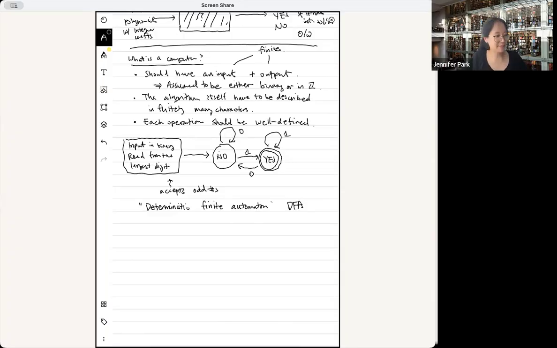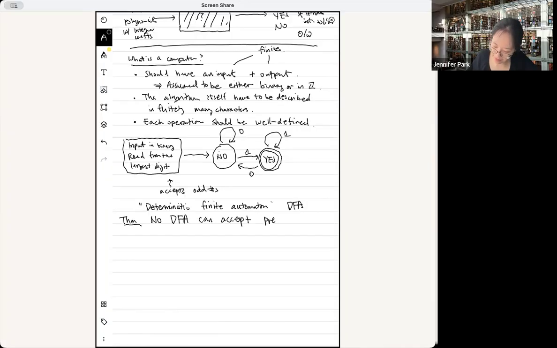This actually has a pretty serious limitation. What is the limitation? The problem that I'm going to state as a theorem is this: there does not exist a DFA. There are lots and lots of different DFAs, as you can see. I can just add a bunch of nodes and it can do a lot of things, but no DFA can accept